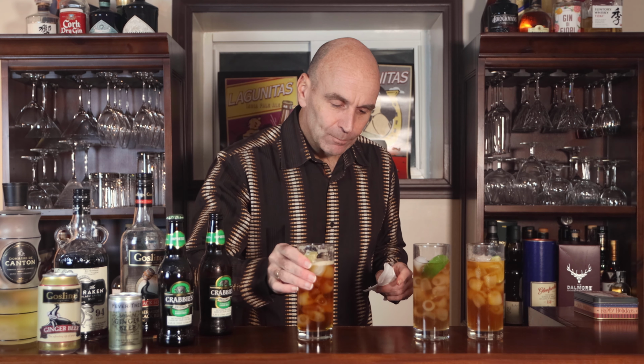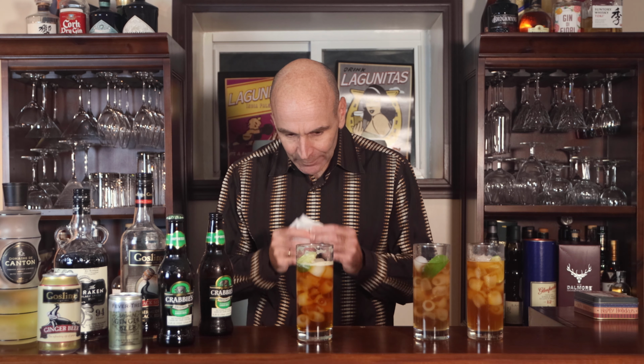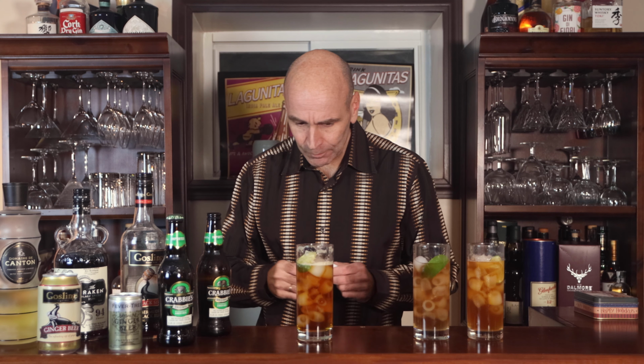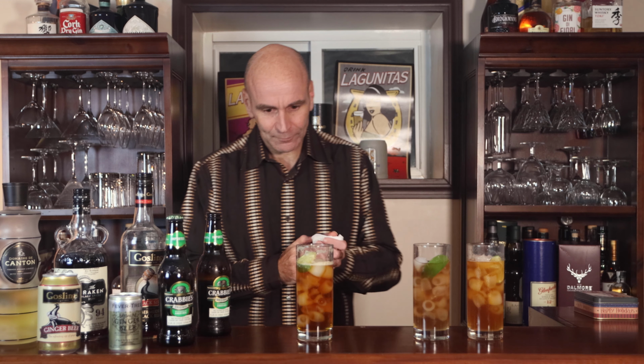Oh, it's good. Different flavour profile completely. Now, you've got the ginger in there, but there's a hint of, I wouldn't say beer flavour, but there's something in the background there. You know what, let me do this. This might help. Yep, okay, that's it. So the Krabby's itself, even though it's a ginger beer,